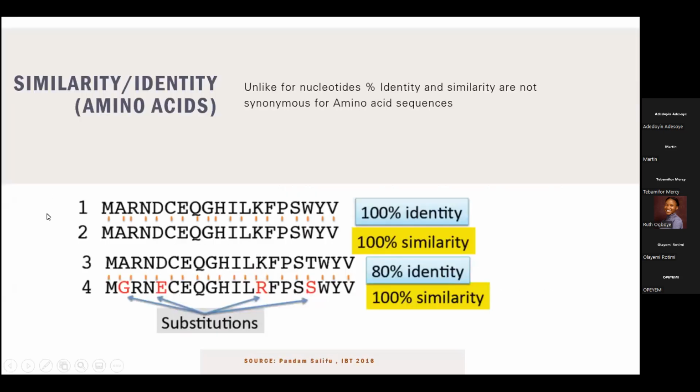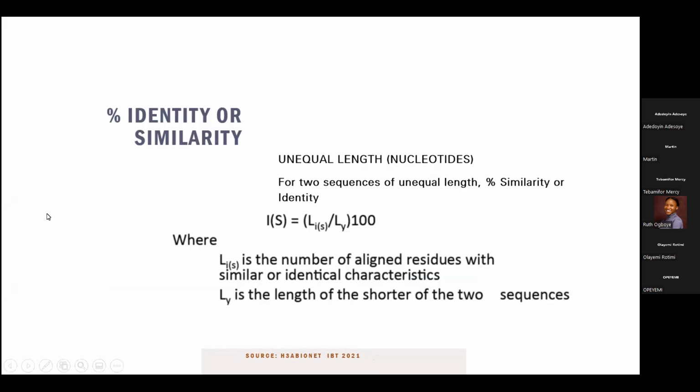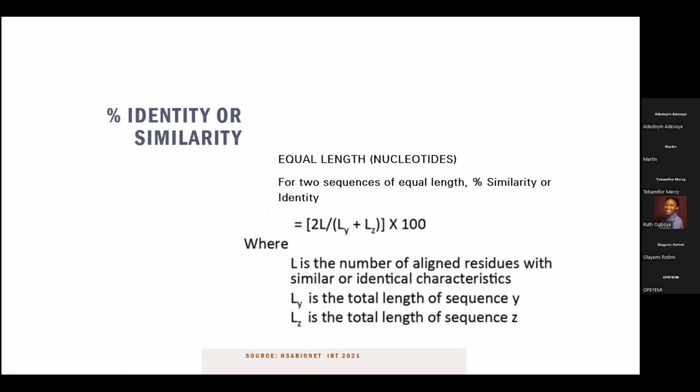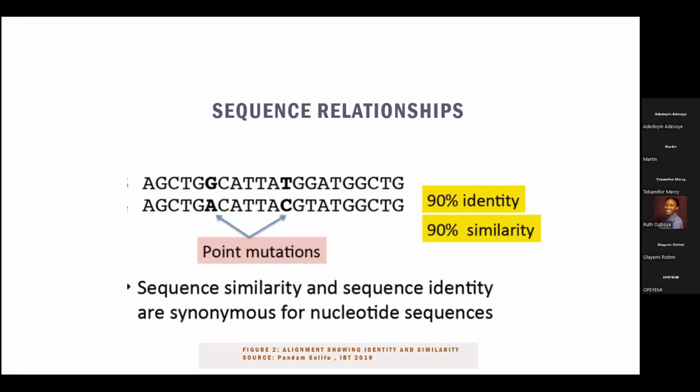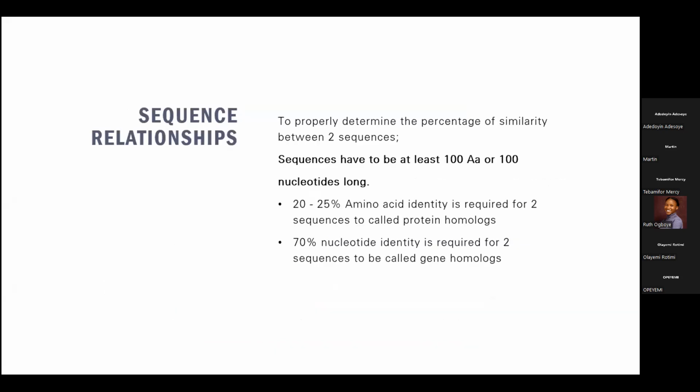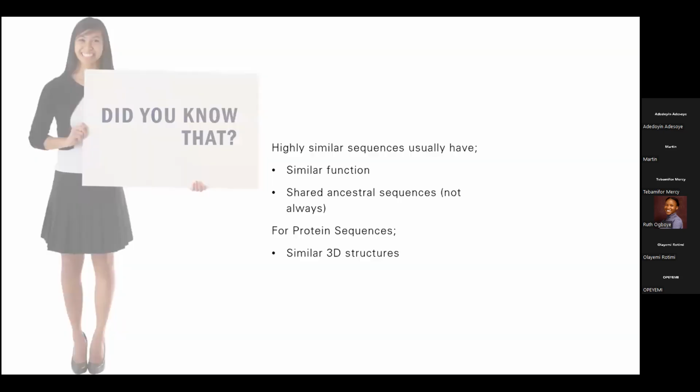From sequence alignment, you can match unknown sequences with known sequences, right? So for example, a new sequence that you just got from the lab, and you're not sure about what it is or where it belongs to, you basically align it on, sorry,